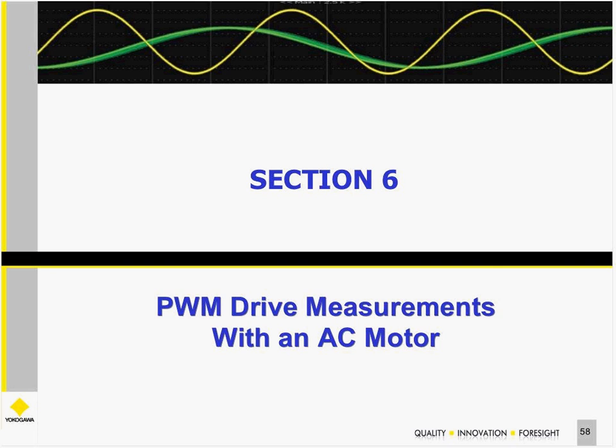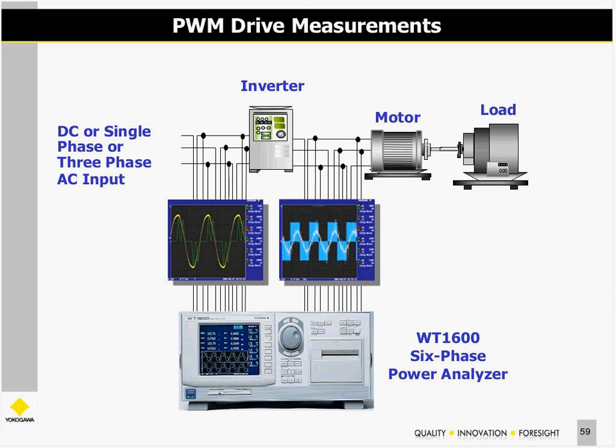Now let's look at some PWM or variable frequency drive measurements with our AC motor. So we've got our drive. We're going to look at the input and the output of this drive. The output of the drive then goes into the motor. And this is done with one of our 6-phase power analyzers where we can look at 3-phase in and 3-phase out. Now this input to the inverter could be a DC input,